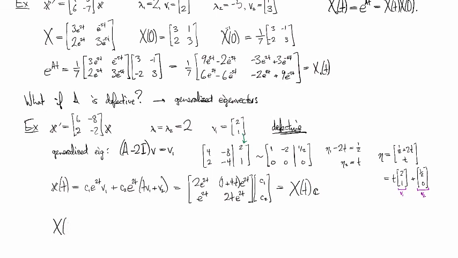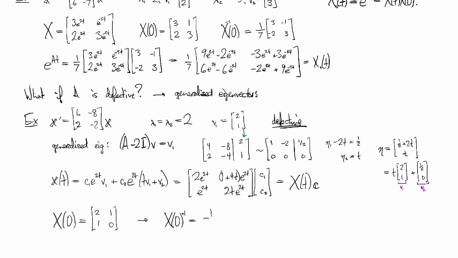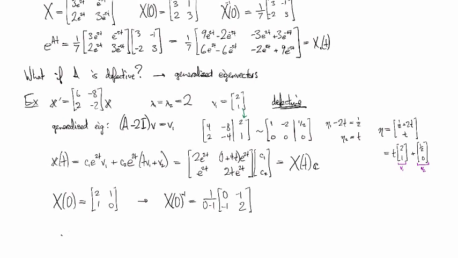So evaluating this fundamental matrix at time 0, we get 2, 1, 1, 0. And finding its inverse, we have 1 over the determinant times, and then we flip the diagonal and negate the off diagonal. And so our transition matrix is going to be,